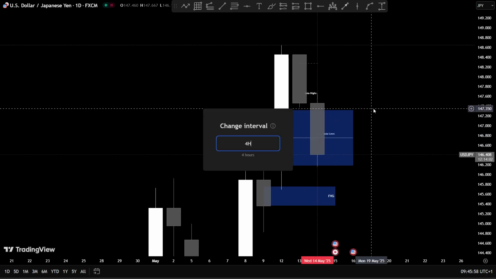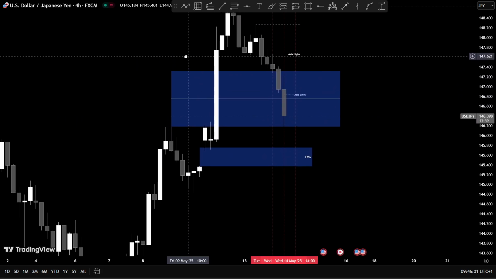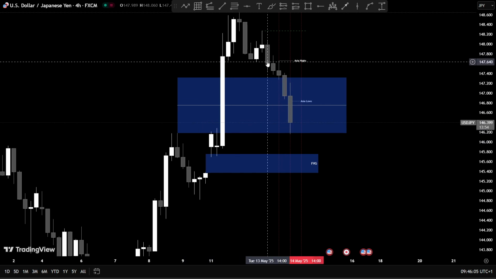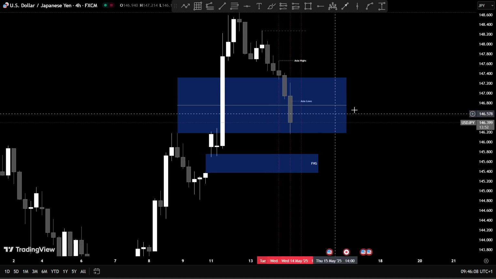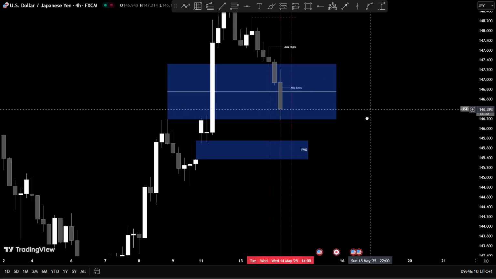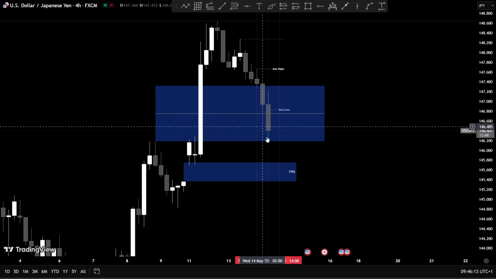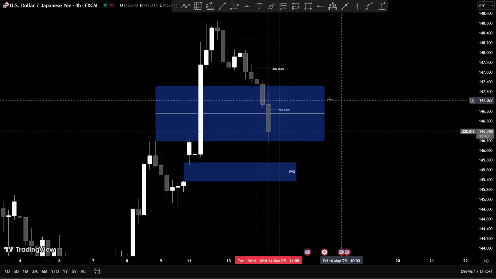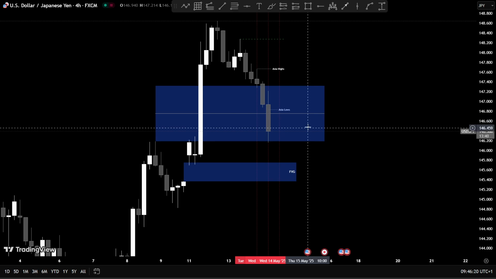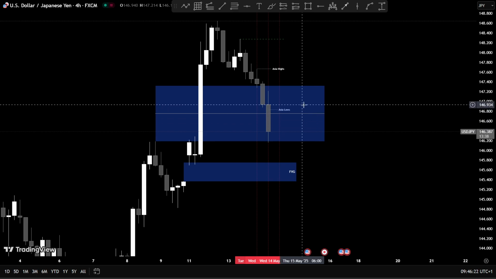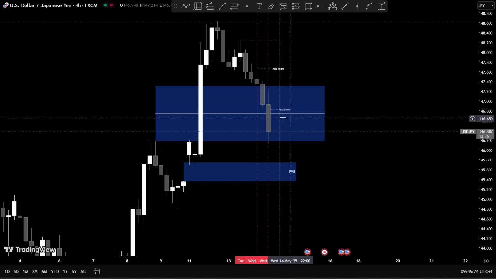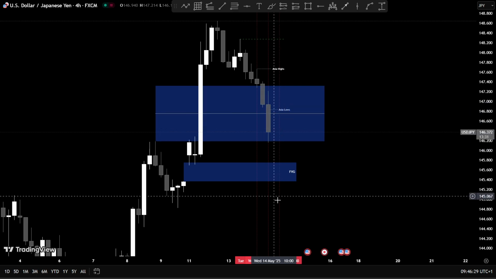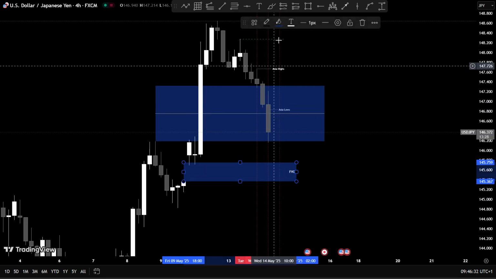With that, I'm scaling down to the 4-hour to see what price is doing, and you can see it is ripping down. We broke structure yesterday to the downside, and now we're continuing lower. If price wants to retrace from this place, you will see that on the lower time frames, which is going to break the structure to the upside. But if there's no retracement from this level, then price is probably going to drop down to even fill up this